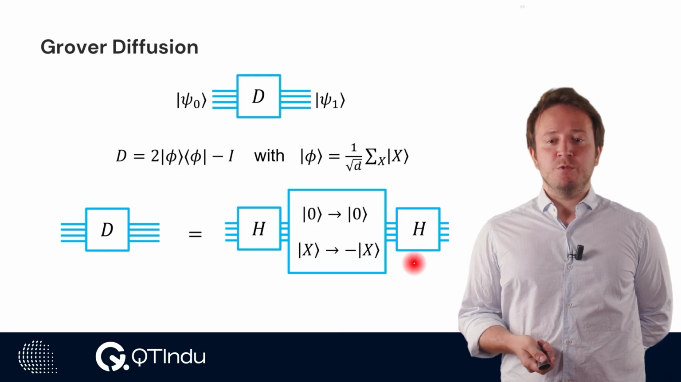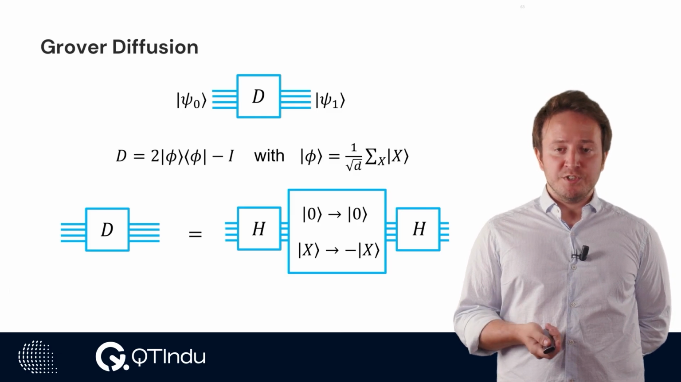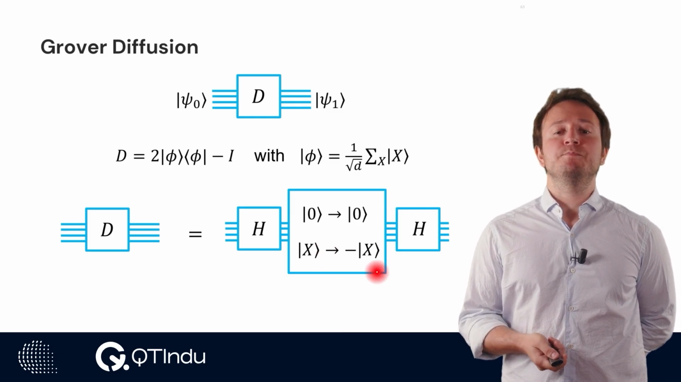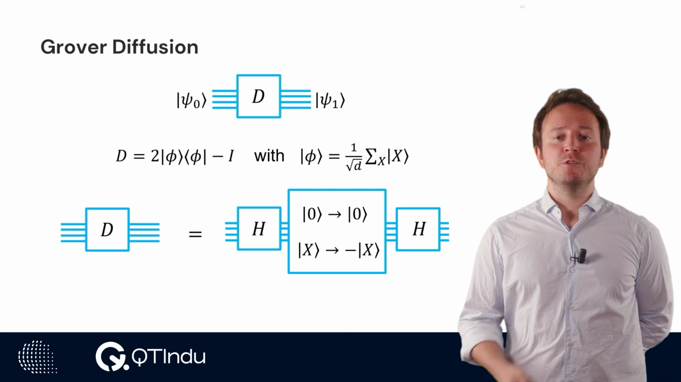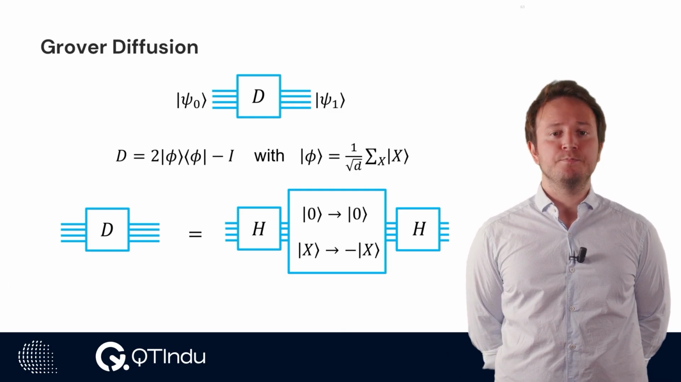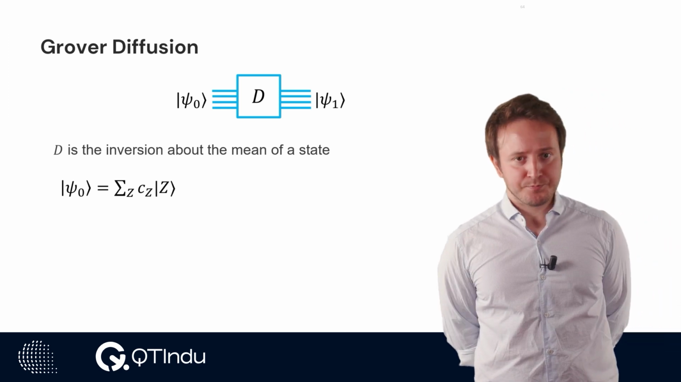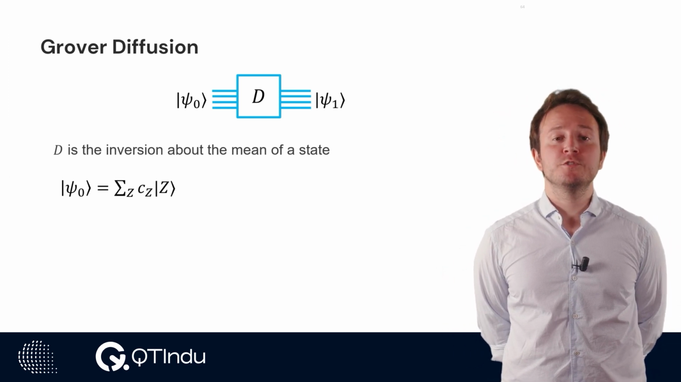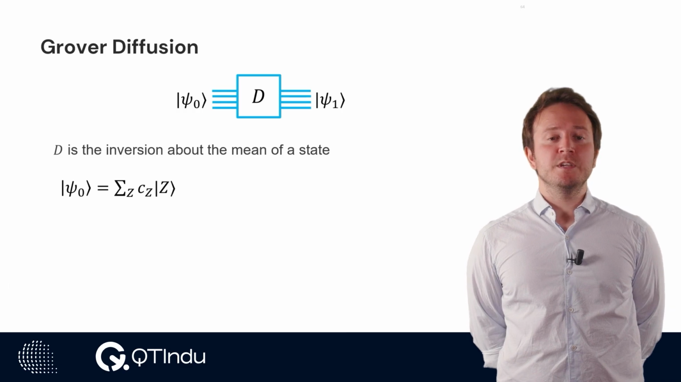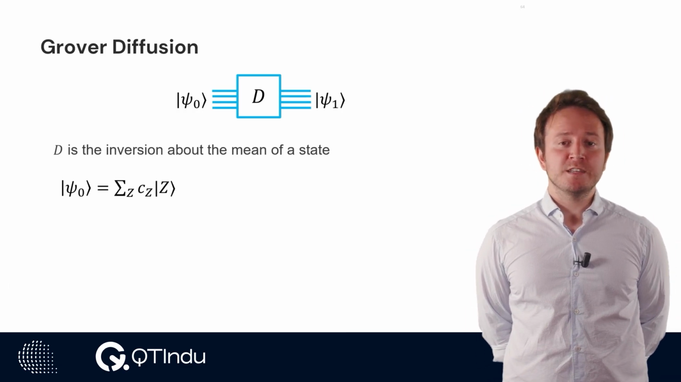And then we finally also Hadamard transform the output state. So this decomposition is one way that we can use to understand what the Grover diffusion gate does. So to see what this Grover diffusion operator does, let us be more concrete and let us see mathematically what is the effect of this